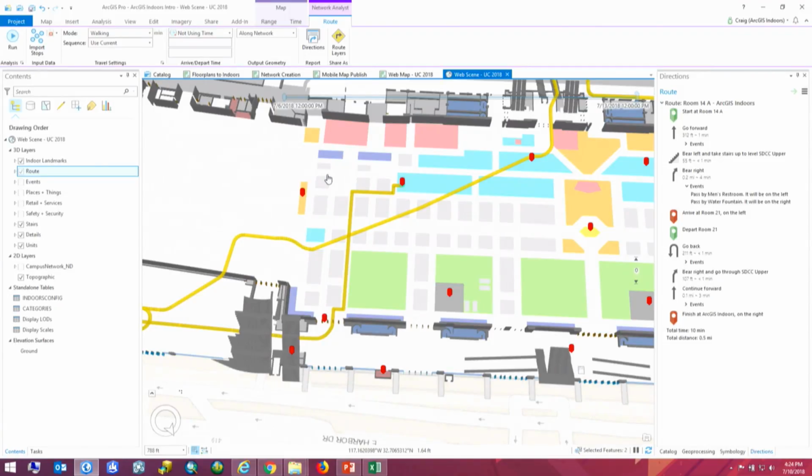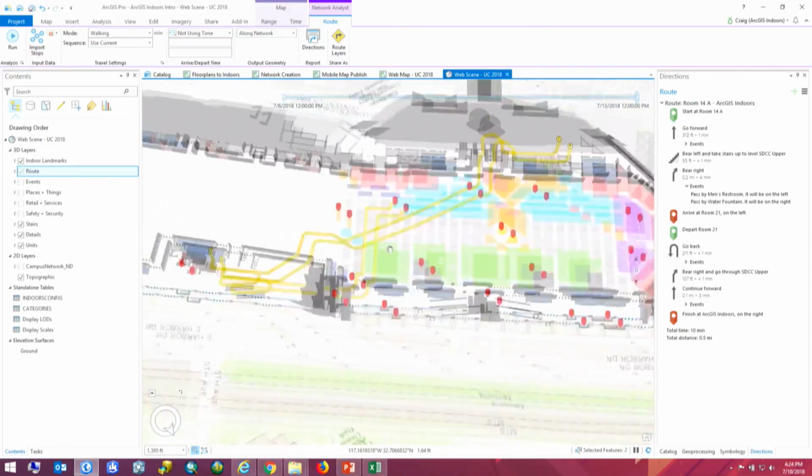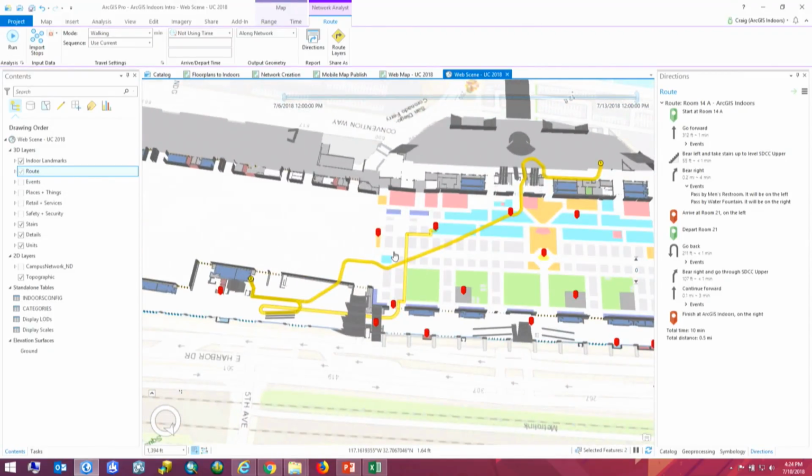And obviously, you don't want to call out everything you're walking by. That gets a little noisy. But at least at the Esri campus, we have 2 or 3 landmarks per wing, so that as you're walking down, you get something every 10 or 20 seconds that tells you that you're on track. So that's a quick tour into data creation using ArcGIS Pro.